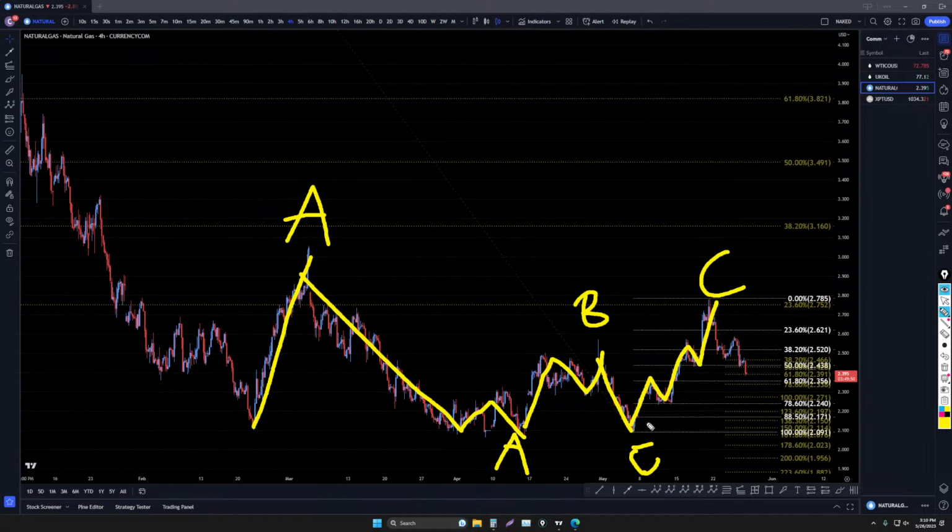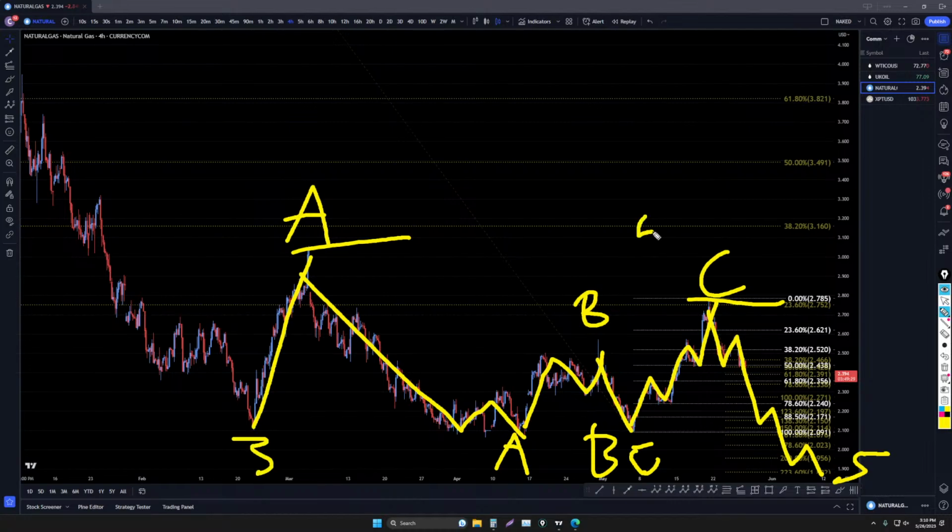This is an A, this is an A, B, C, a B. And then this is an uptrend for the C. It had an irregular wave C, because the wave C made a lower high. That's kind of the part that threw me off. Now we're probably going down for a final wave of wave 5. I think that probably is most likely a 3, 4, 5 right here. Probably a 3, 4, 5 of 3 still too.